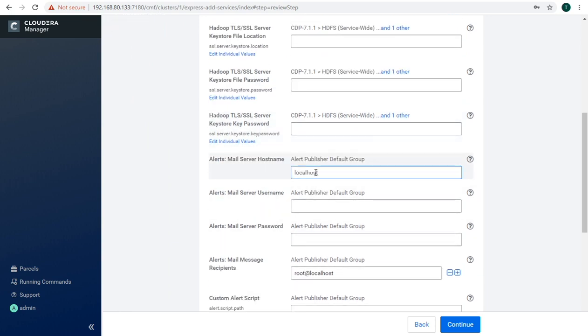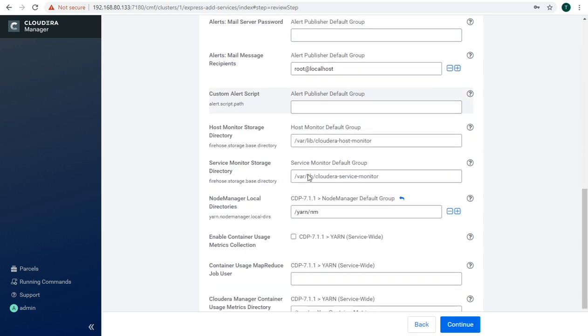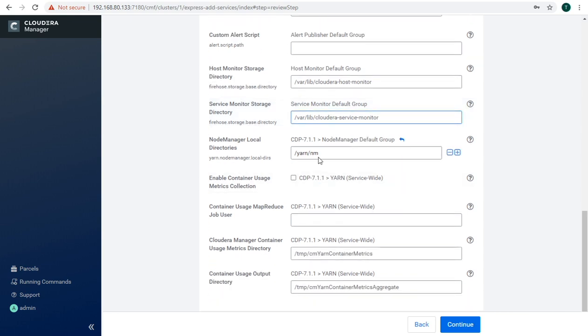We are not using TLS, so these are blank here as of now. Mail server will be the host name, and alert messages will be root at localhost, and these are all directories used by Cloudera Manager container or container usage output. So let's just continue.